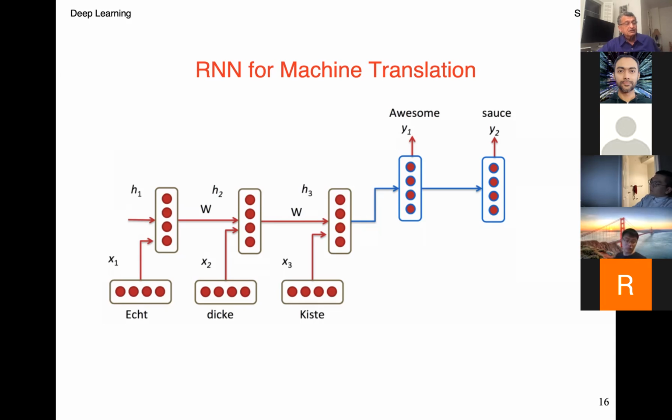And the amazing thing about these, called an embedding then, is that meaningful things have similar vector representations because they have occurred together or something like that. Anyway, so words like Echt, Dicke, Kiste in German